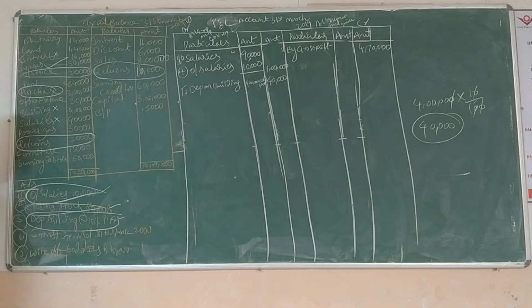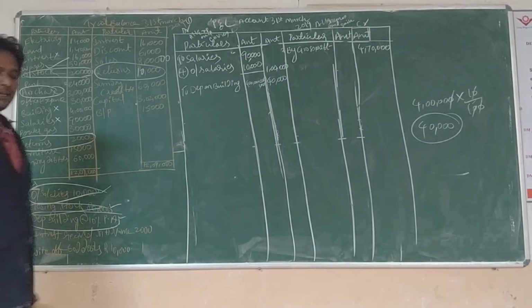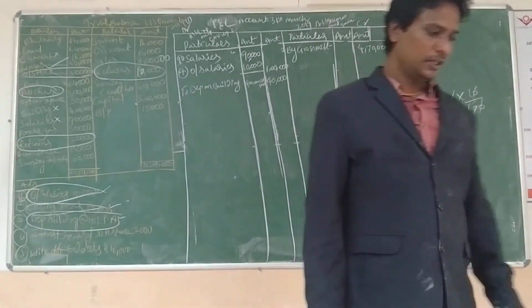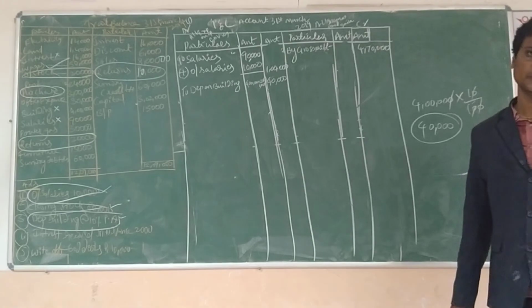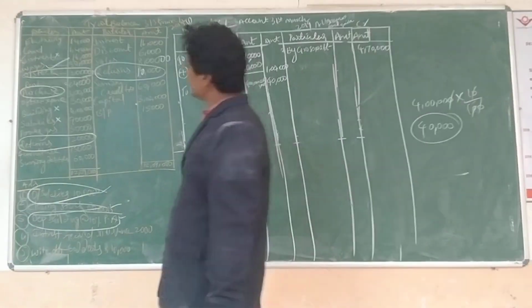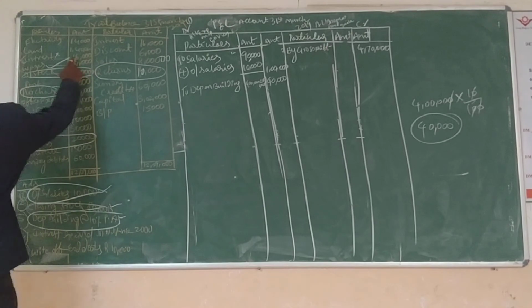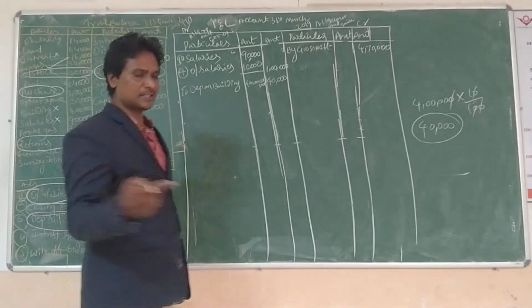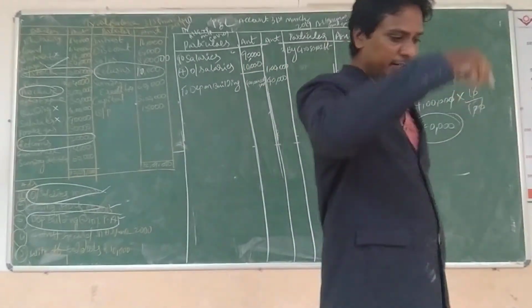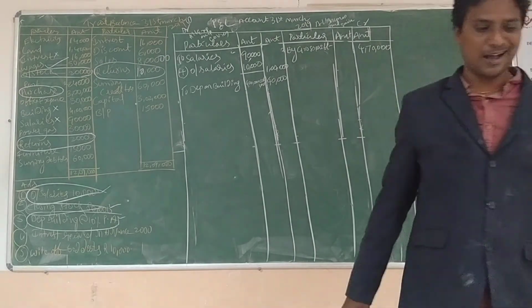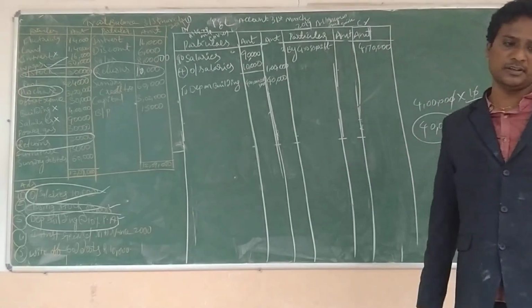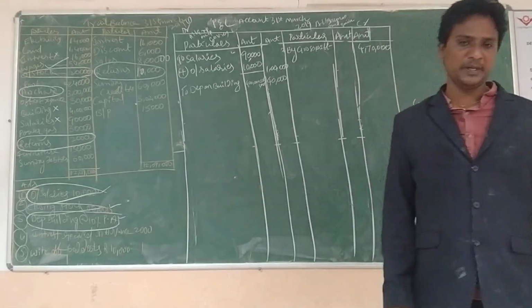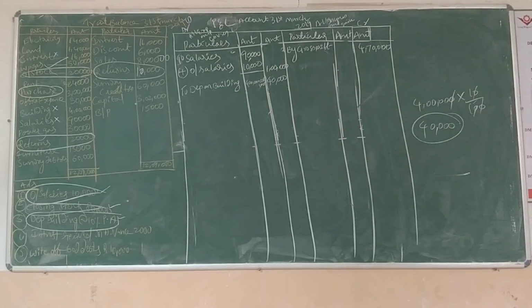Next, this one is over. Next adjustment, interest received in advance. Now we are going to check. Where is the interest? 16,000 here. Interest received in advance. Is this an expense or an asset, or which one do we treat it as? We treat this one as an asset. Why? Because interest received in advance. So interest received in advance 2,000 rupees, and again, just wait.